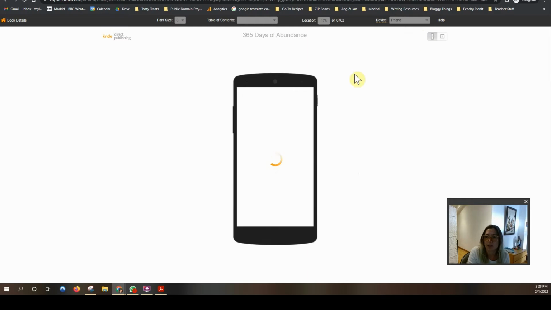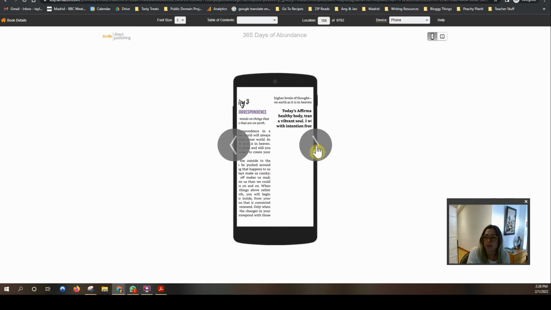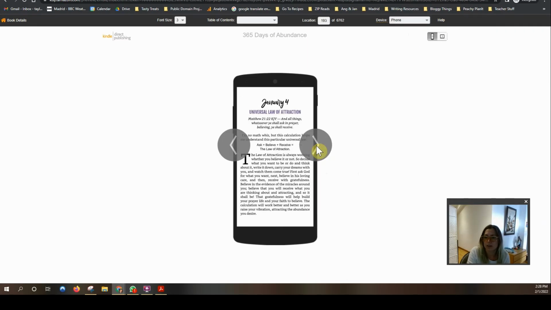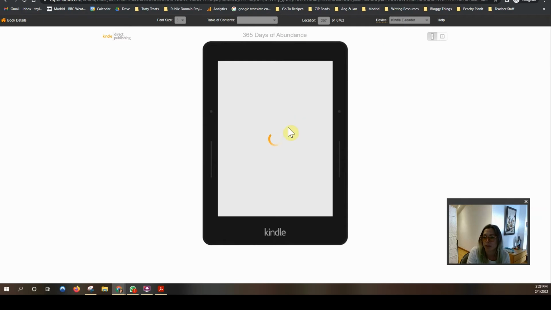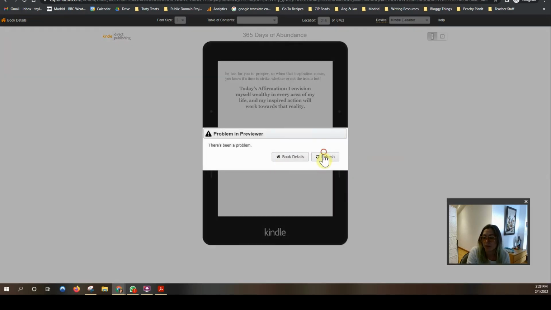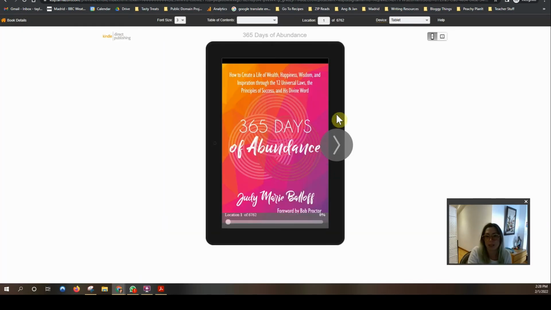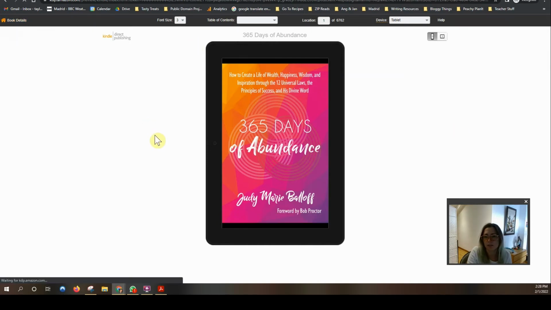You can switch up here to go to phone. It's somewhat close, but fonts don't render the same way. Drop caps don't tend to render quite the same. And then you can do the Kindle e-reader as well. Yeah, okay, sometimes that does that. Anyway, I know that this book is fine, so as soon as you're done, you can just go back to book details. You can also play with,